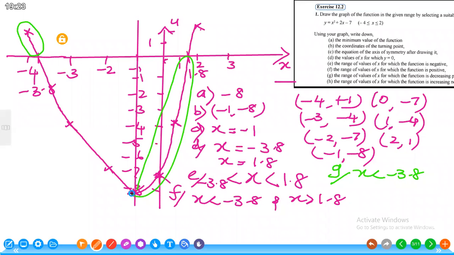Increasing negatively part is this part. So what's the range of values of this part? X, in this part, what's the range of values? X greater than negative 1 and less than 1.8, right? Here this part is increasing negatively. What is the range of values of this part? Here X is equal to negative 1 and 1.8. So X greater than negative 1, less than 1.8, okay? Okay, now